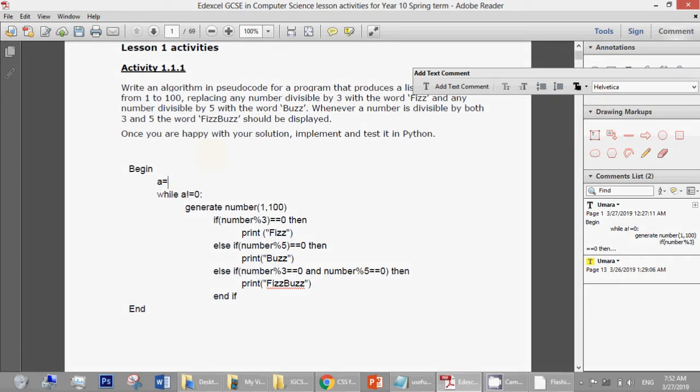So here a equals 1, so while a not equal to 0, it is not equal to 0, so it will enter the loop and start doing this, right? At the end of the loop, we'll ask a question from the user. We'll ask a equals input